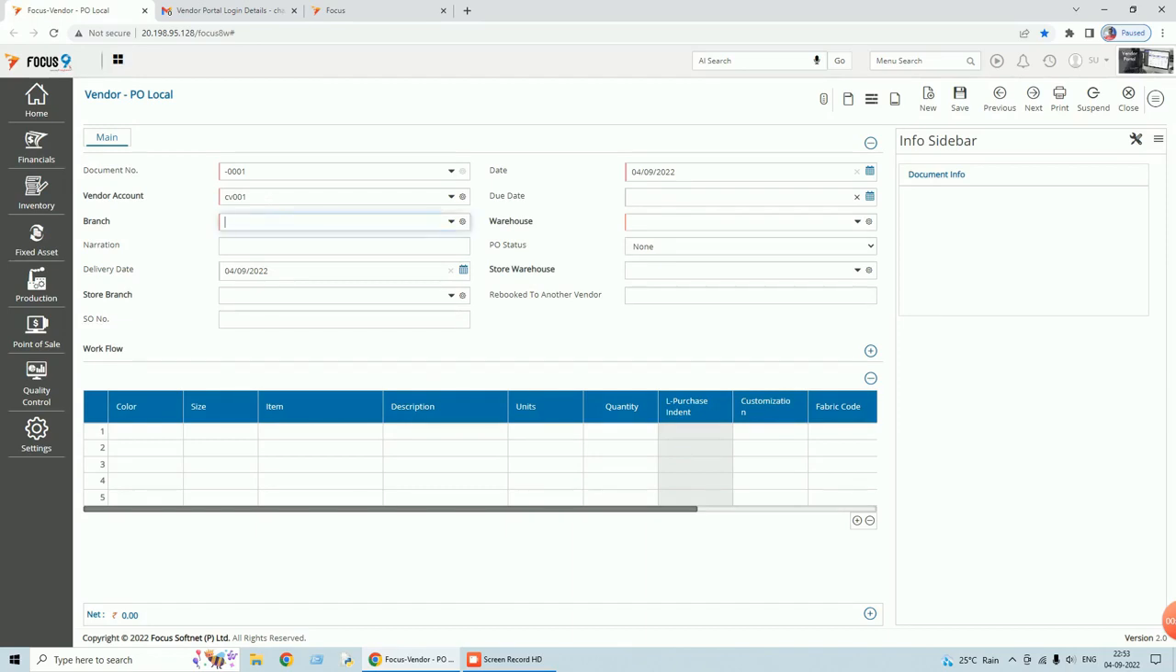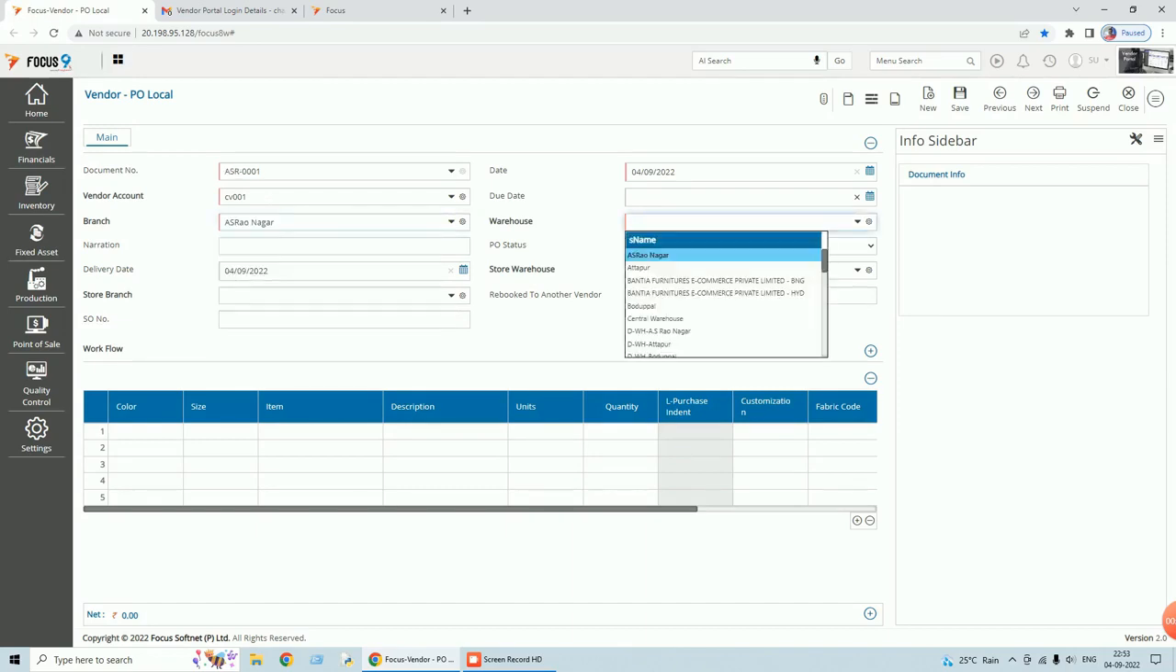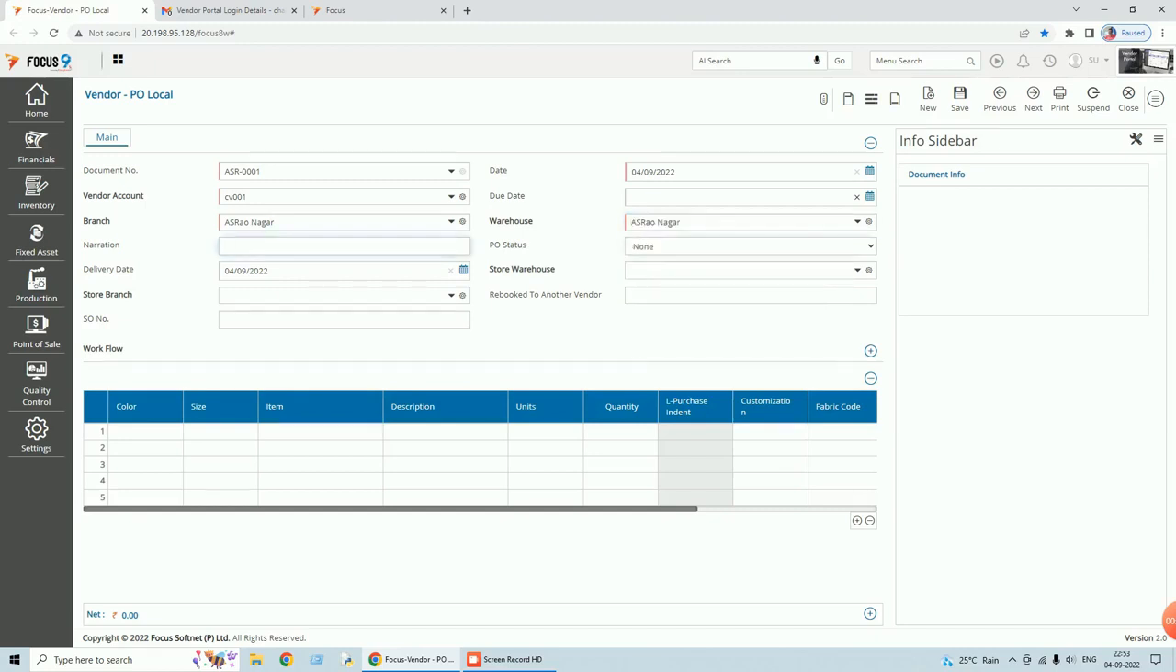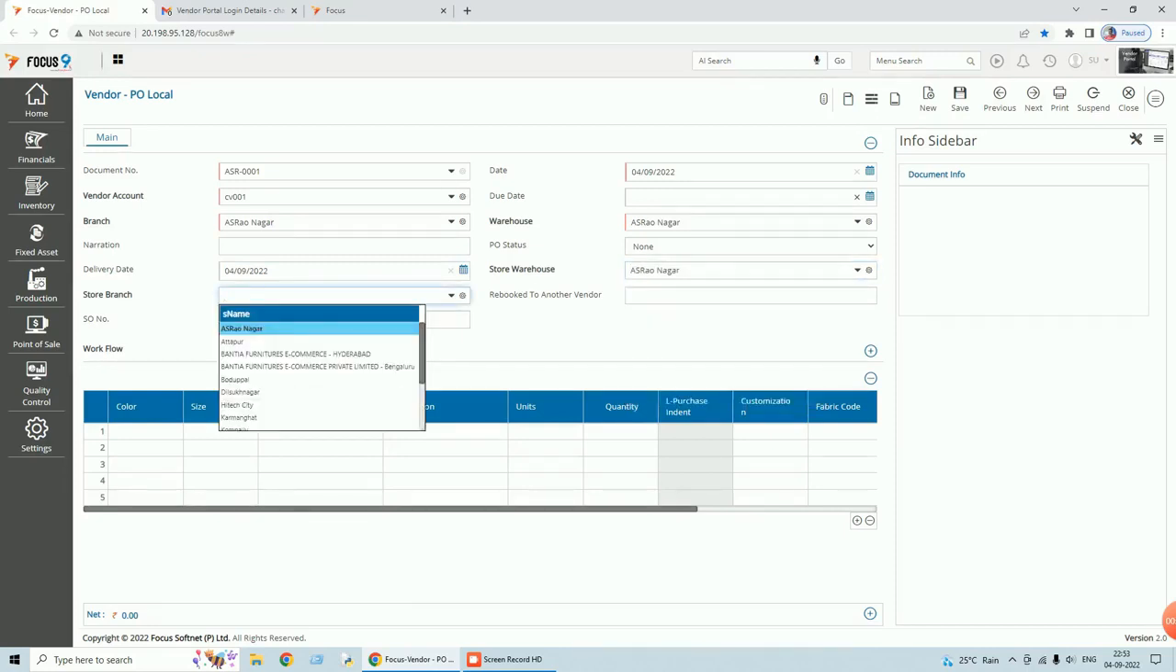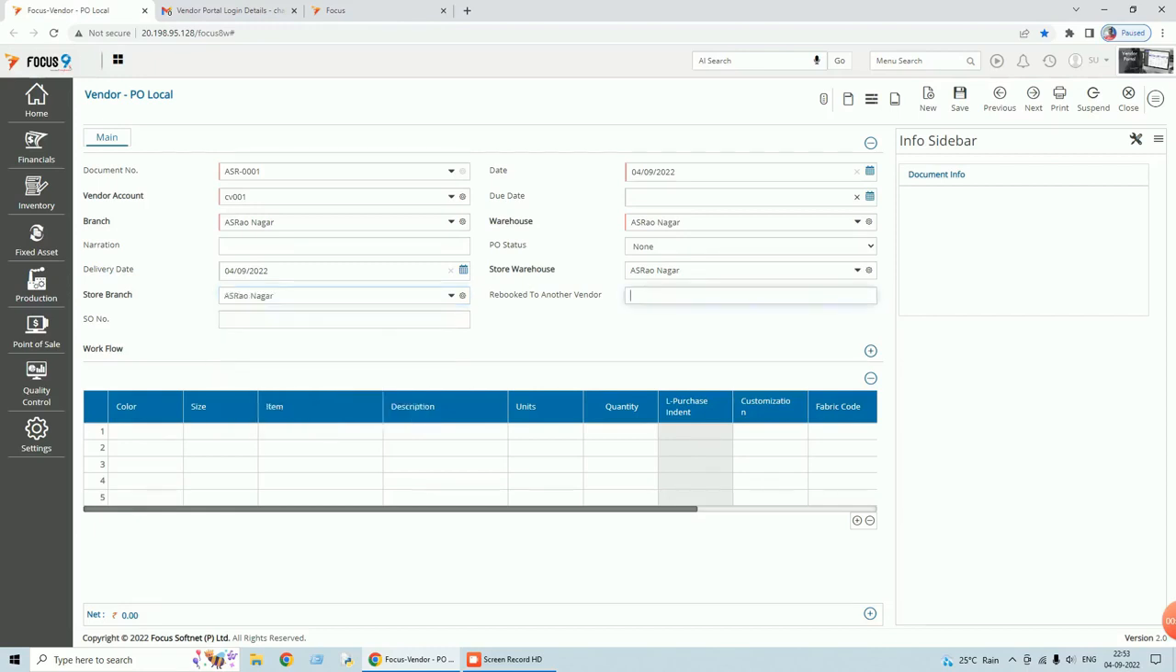Here I'll select the branch, any branch I'll select. I'll select the warehouse, to which warehouse this particular PO should be received. For the customer, it has been requested to give store warehouse and store branch, to which warehouse it has to be received, and from which warehouse this PO is getting raised. So I just give this date as